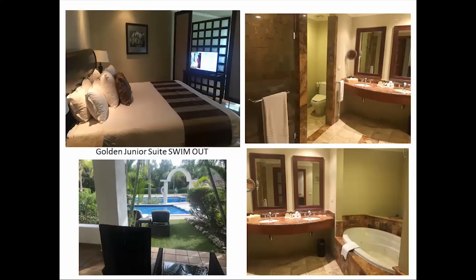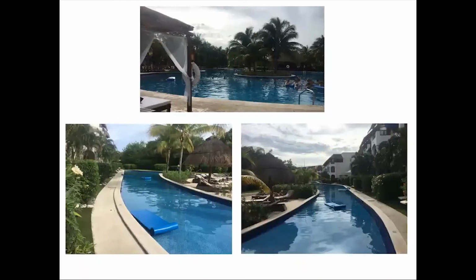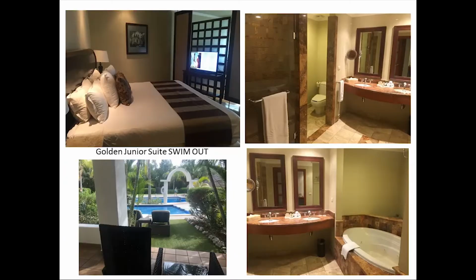Then we went to some of the rooms. I wanted to show you this room. If you look in that lower left picture, this is what they call a swim out room. So as you can see, you do have to walk to get into the pool. It's not right at your room. So it's good to know it's not a swim up, it's a swim out room. I mean, it goes to that pool that's here on the lower left. It swims out to that pool. This is the Golden Junior Suite,